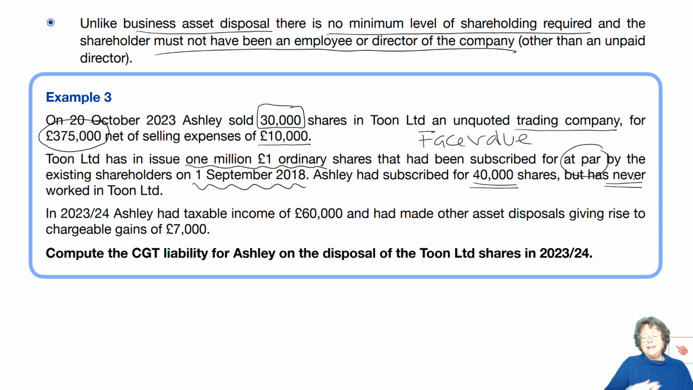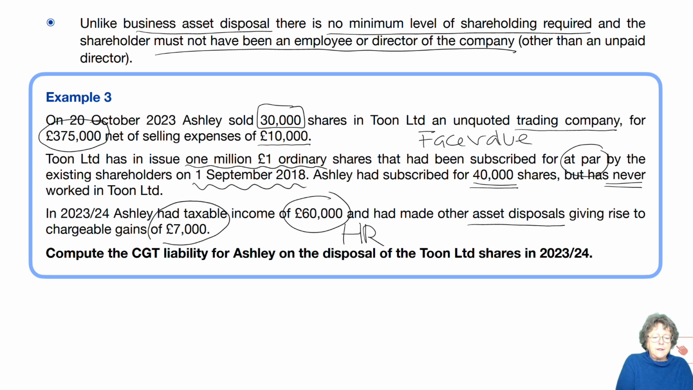So clearly she fulfills all the conditions for investors' relief. She has taxable income of 60,000, so she's high rate, and other asset disposals with a gain of 7,000. So how does that look in reality in a pro forma? Let's have a look. So we have the sales proceeds